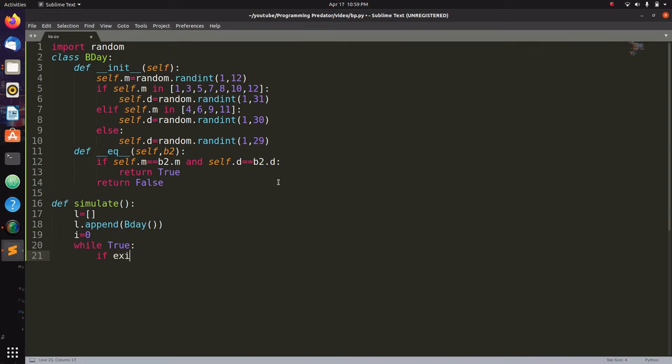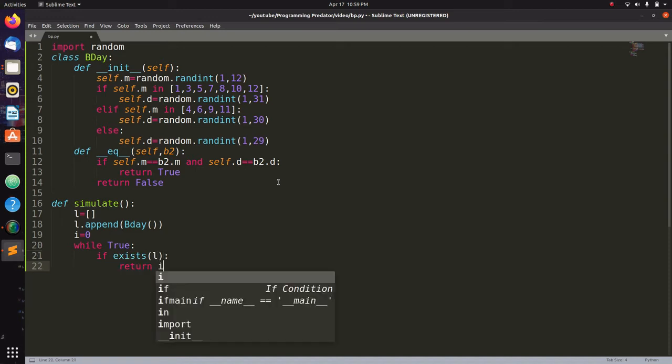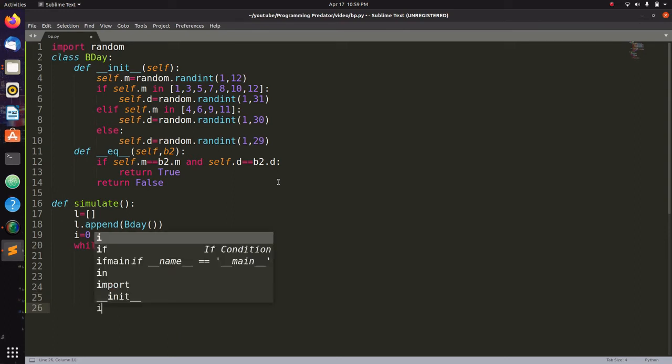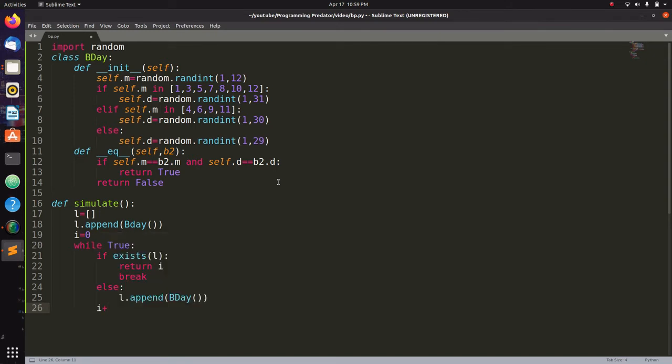We'll write this exists function in a moment. Parameter L, then return i and break. Else just append a new object into the list. And after, outside the else block, increment i by 1.